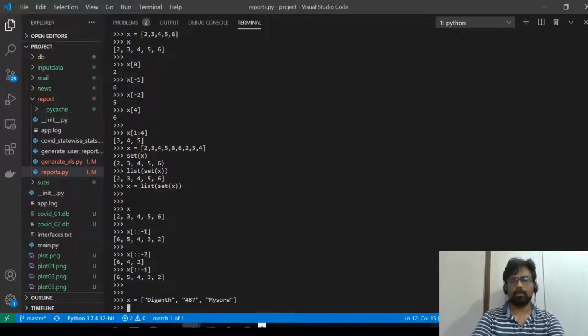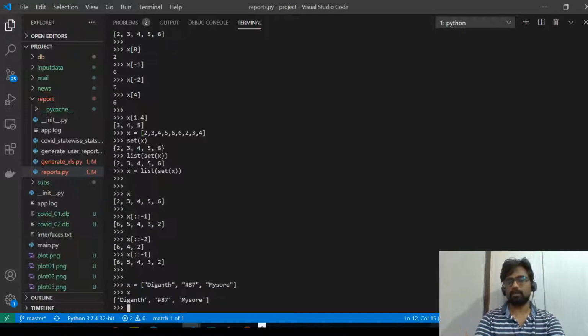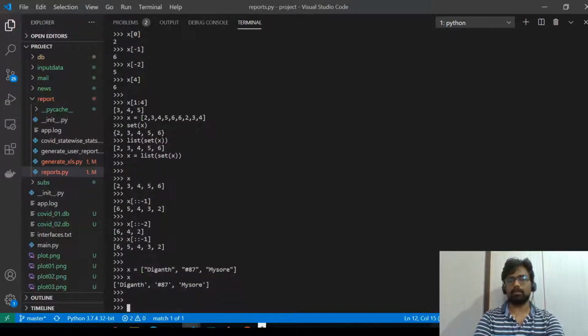Okay, something like this. So if we have a list of strings, maybe you are trying to put this into a CSV file. CSV file is nothing but a comma separated values file. Maybe you want to just put the whole thing that is in the list as a string. So what you do is you do join